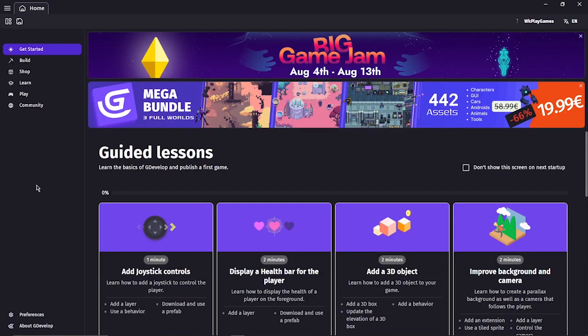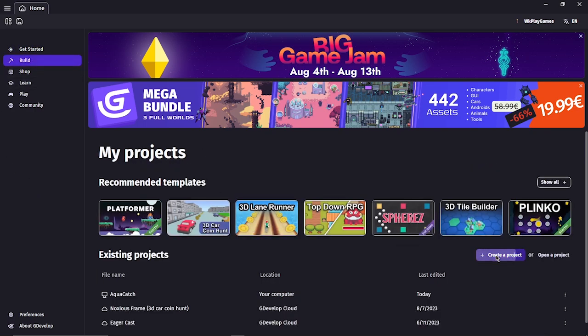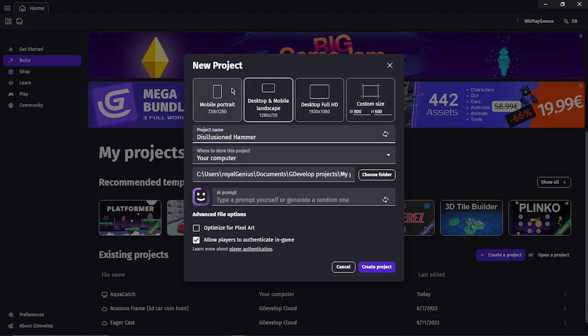So let's go build our game. Go to build and create projects. Set the size of the game, which is the first thing you have to consider when creating a game, to mobile portrait, and name this game